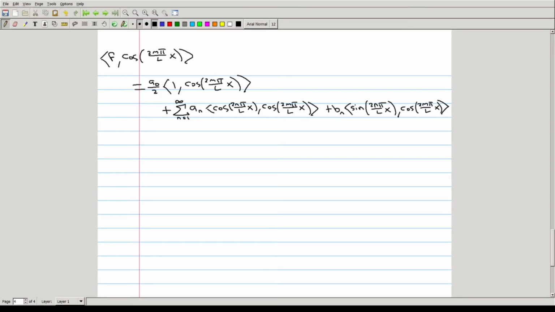The integral from negative L to L of cosine of 2n pi over L x times cosine of 2m pi over L x. If we go through and calculate this,